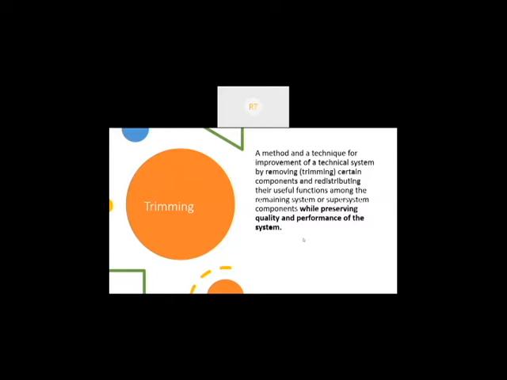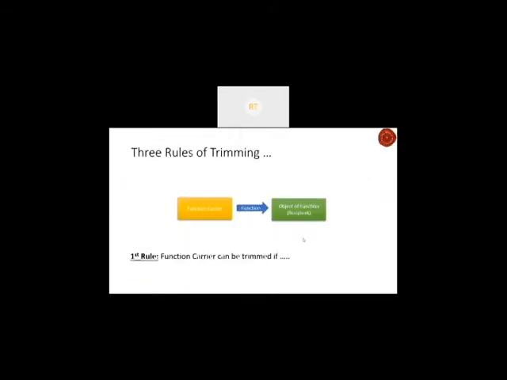Now I'll tell you that there are three rules to trimming. Okay. And we were introduced to the concept of a function carrier, an object of function or a function recipient, and a function that happens in between them. We said that there is always a function carrier that carries out a function on an object of function or the function recipient. So the first rule of trimming says that the function carrier can be trimmed. When can it be trimmed?